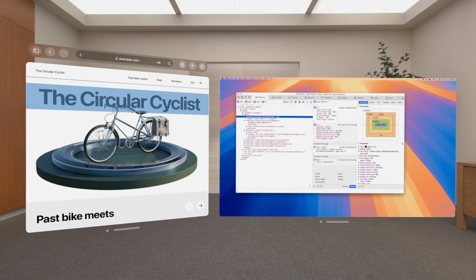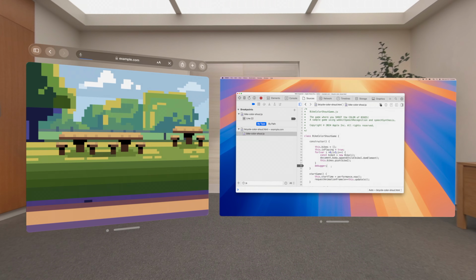From there, you can inspect DOM content and CSS rules, use the JavaScript console for inspecting code-intensive experiences like WebXR, and apply any one-off exemptions you need for debugging, like relaxing cross-origin policies on your page. Even better, you can have Web Inspector open and up on screen in your virtual Mac. It's a great way to see it all at once.